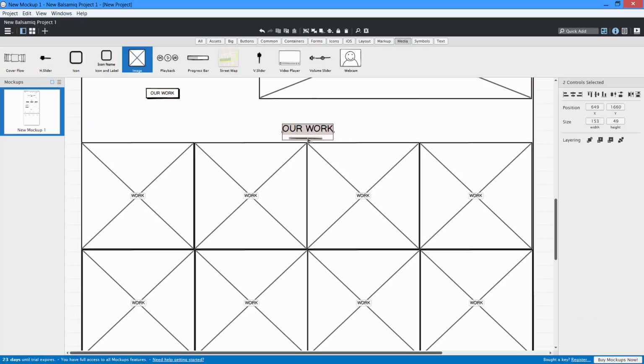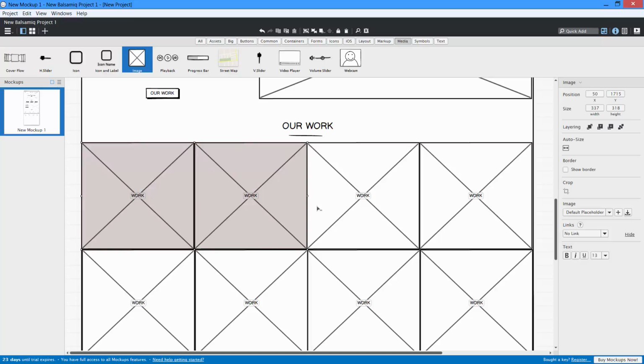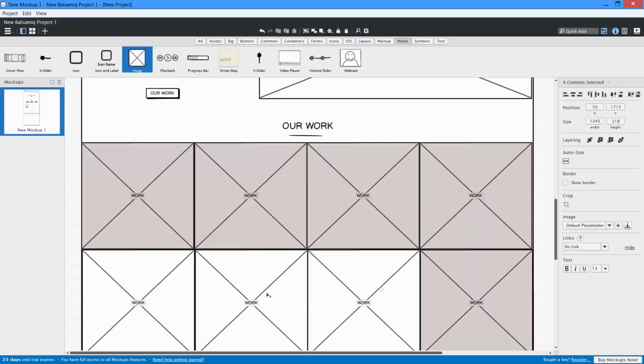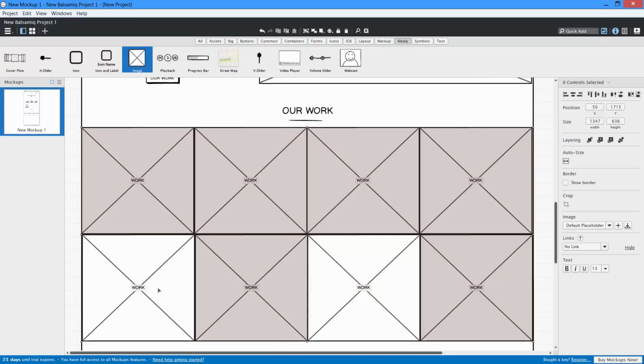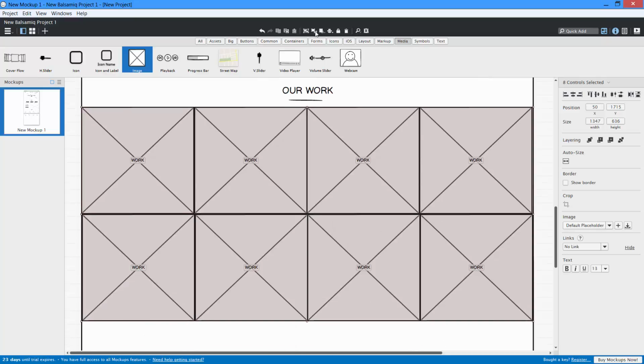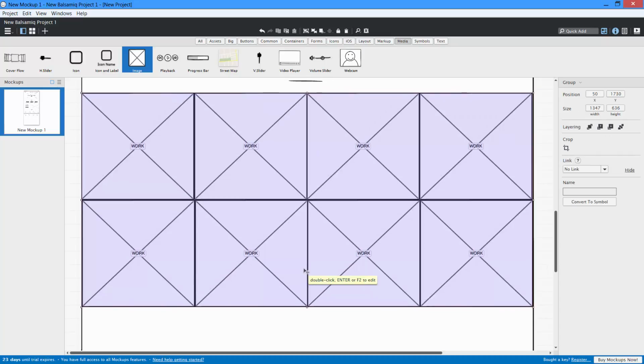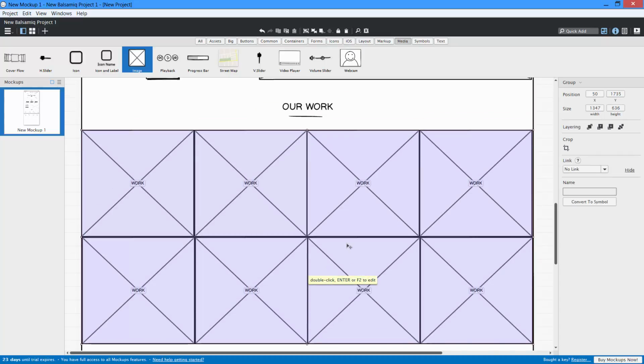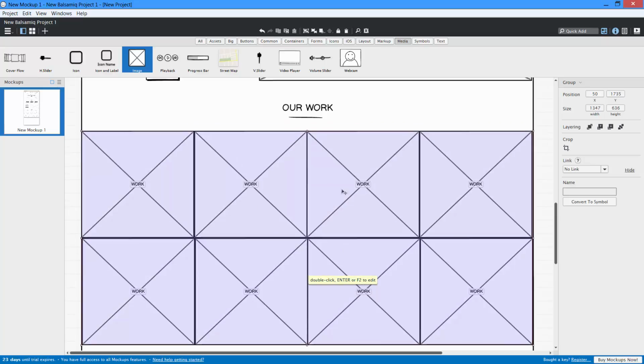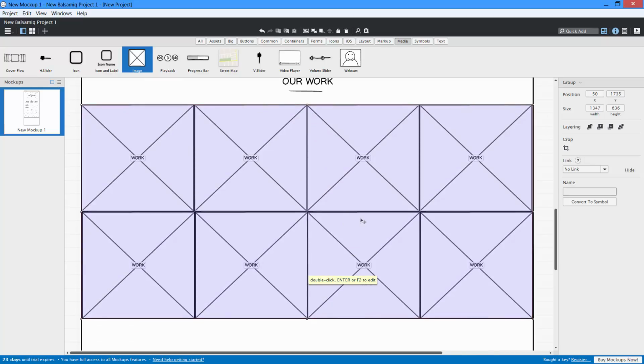Let me create some more space between the heading and the images. Let me group them. So this will be the look of work section.